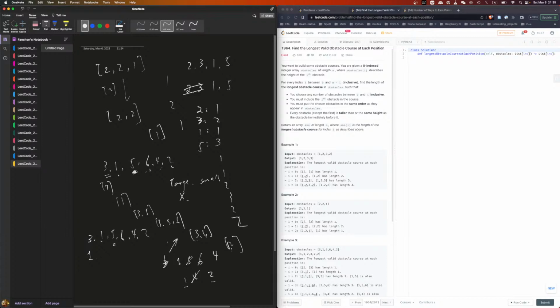It's either the same as x, or even smaller, because we have other larger ones, so it'll be smaller than this. Which means